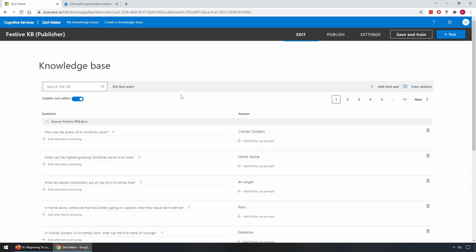And we can see there are other options as well. So for the questions we can add alternative phrasing. With the answers we can add follow-up prompts, and if we want to remove an entry, we have delete buttons on the right hand side as well. If we wish to manually add question and answer pairs as well, we can click on this button right here,